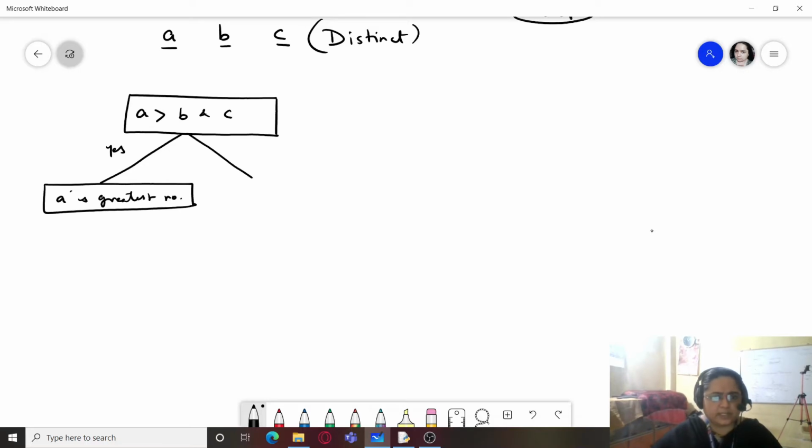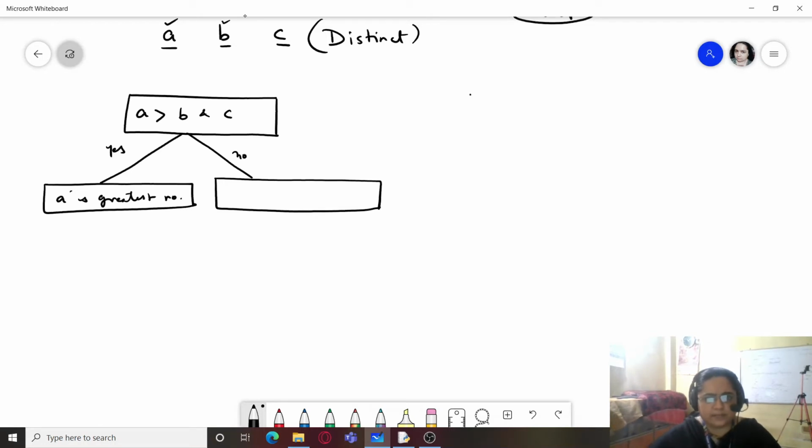If this condition is not true, if it is no, then we will go for the second element, that is B. Now, if the first condition is false, then in case B is the greater number, it is obviously true that it always checks the first.